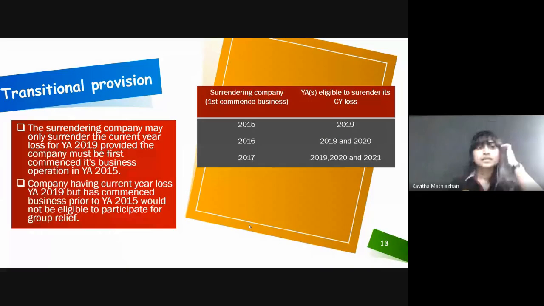is transitional provision. Under this act, it is provided that the surrendering company may only surrender the current year loss for year of assessment 2019, provided that the company must first commence its business operation in year of assessment 2015. Only a company that started their business in 2015 can surrender their current year loss in 2019. If the company started their business in 2016, they are allowed to surrender its current year loss in 2019 and 2020 only. And if they commence their business in 2017, they can claim for 2019, 2020, and 2021 as well. If the company commenced before 2015, let's say 2014, they cannot claim for group relief. They are not eligible. And next